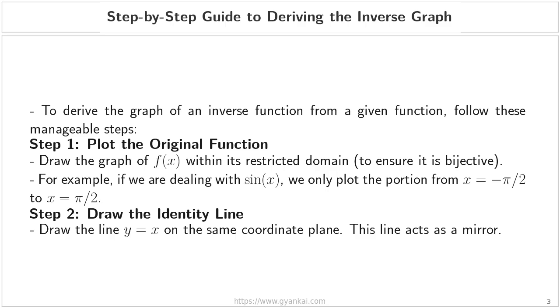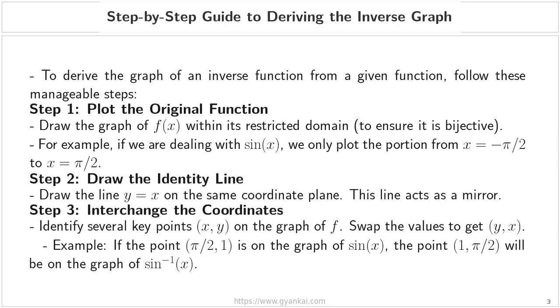This is the line y equals x, plotted on the same coordinate plane. For now, simply think of this line as a mirror, a concept we will examine more closely in the next slide. Step 3 is where we apply the coordinate rule we just learned. We identify several key points (x, y) on the graph of our original function and swap their values to obtain the points (y, x). To illustrate this,